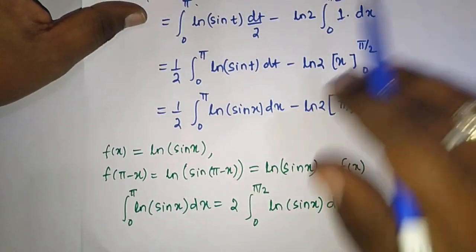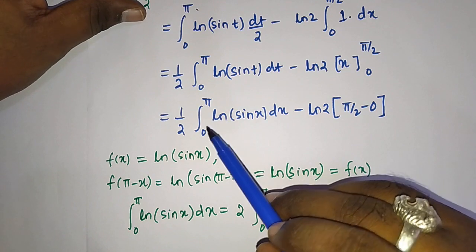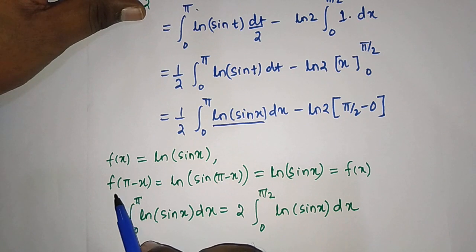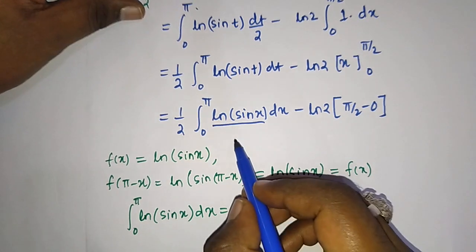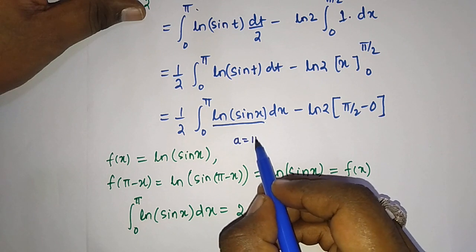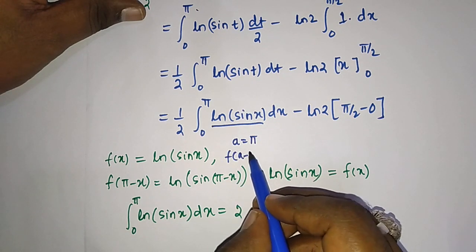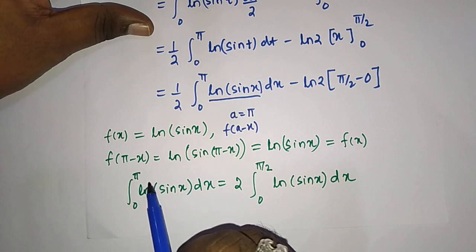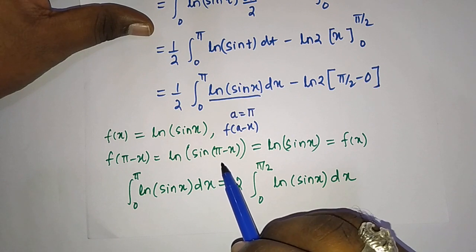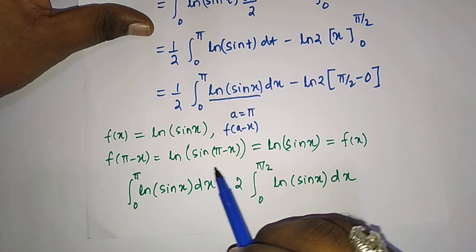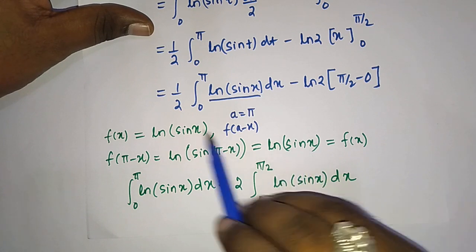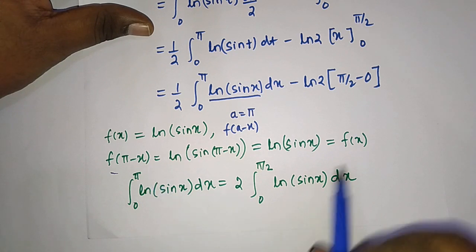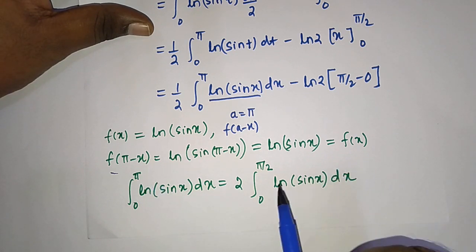Okay, see here in this integration f of x is equal to ln sin x. Now again find f of, here see upper limit is pi, so a is equal to pi. Find f of a minus x, that is f of pi minus x. So after finding f of pi minus x, we will get ln sin of pi minus x, and value of sin of pi minus x is sin x, and this is equal to f of x. So here we have got f of pi minus x equal to f of x. Okay, by property 6